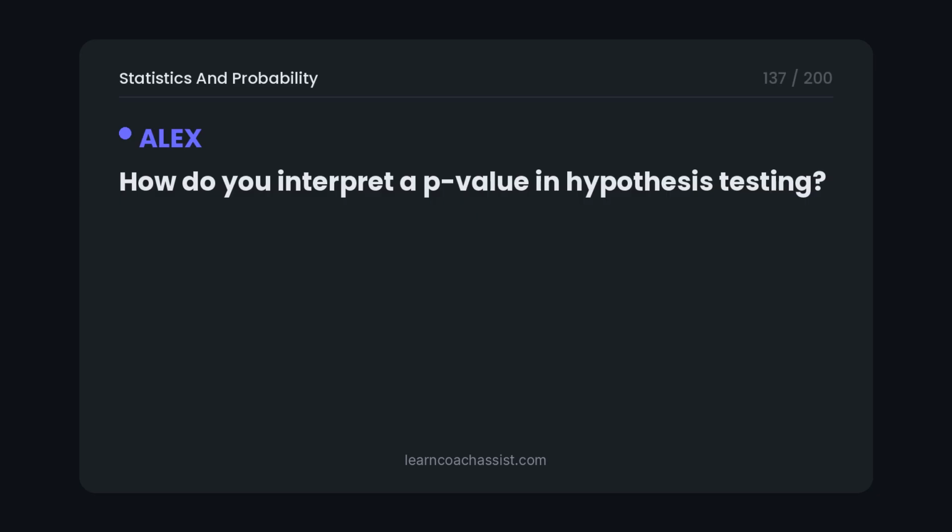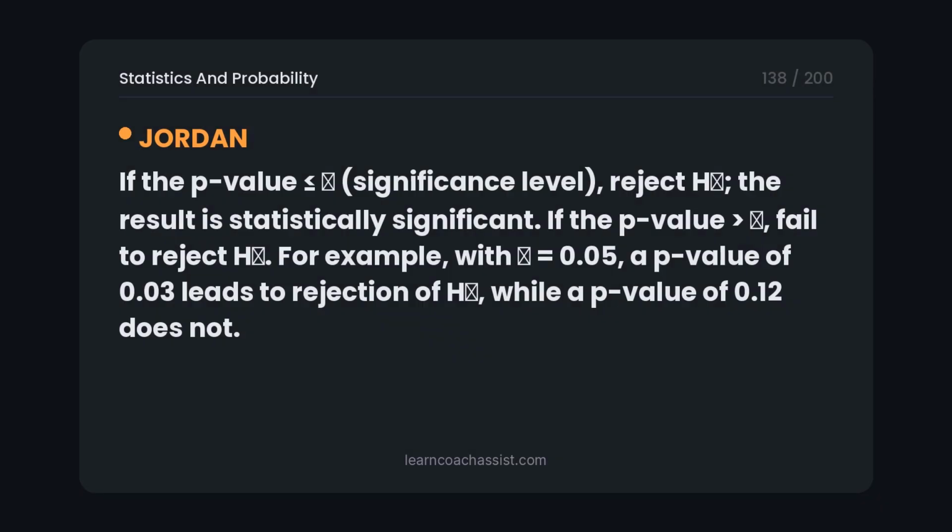How do you interpret a p-value in hypothesis testing? If the p-value is less than or equal to alpha, the significance level, reject H0; the result is statistically significant. If the p-value is greater than alpha, fail to reject H0. For example, with alpha equals 0.05, a p-value of 0.03 leads to rejection of H0, while a p-value of 0.12